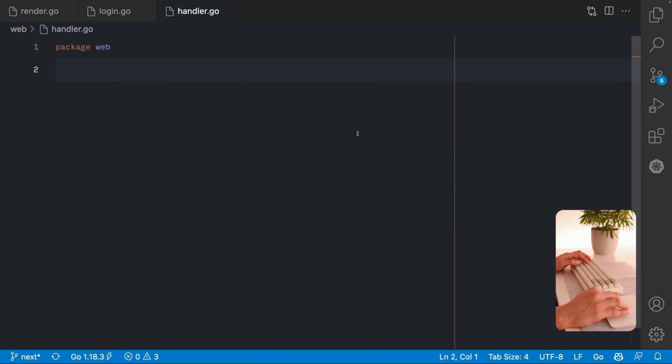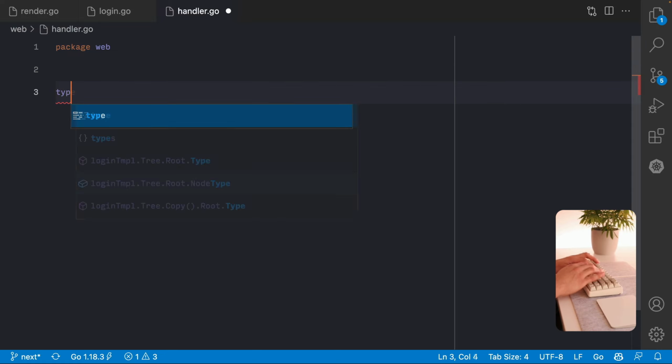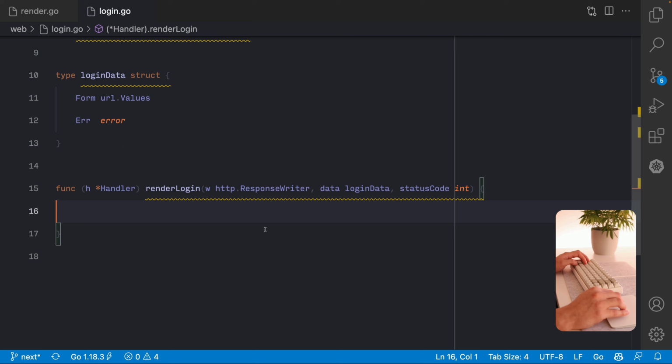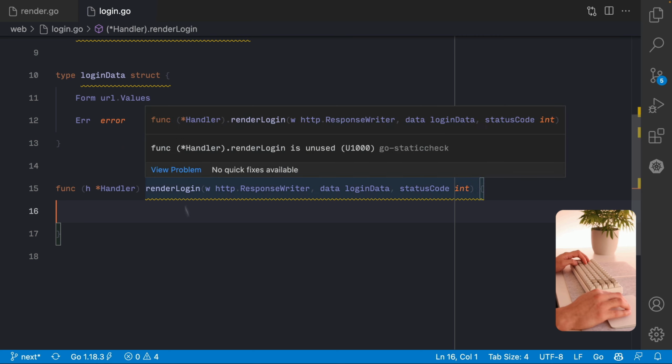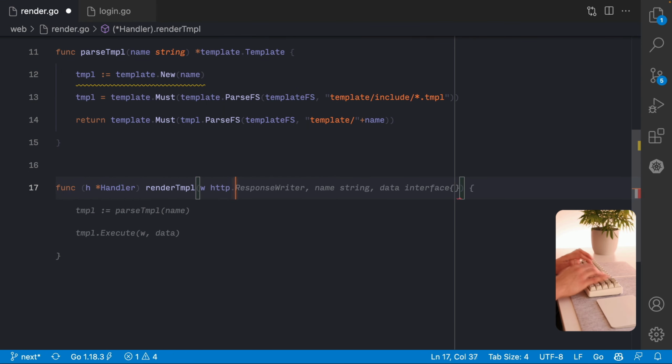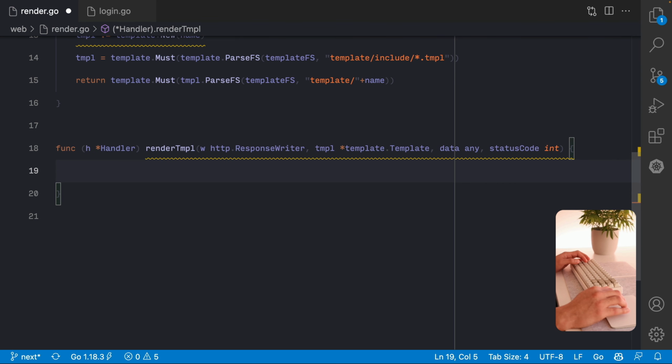Now, all the code for our web package is gonna be on this handler struct. So now to render the login page, we're gonna do that inside a method of that struct. We are gonna render a lot of templates, so I'm gonna create a utility function for this. I'm gonna use a buffer to render the template first and finally write the response back.